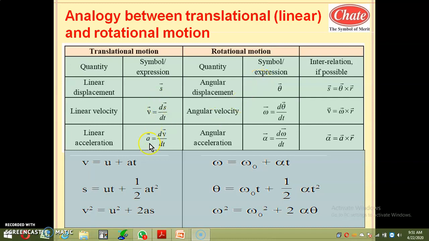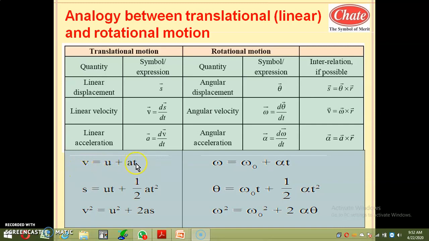Also students, you studied these equations of motion in class 9 as well as class 10. You call them Newton's equations of motion, first, second and third. Actually, these are kinematical equations in translational motion. So these are the analogous kinematical equations in rotational motion. This is the kinematics part. So what are they in translational motion? Equations of motion. The first equation of motion is v equals u plus at. It itself gives you a formula for acceleration. What is acceleration? It is v minus u by t.